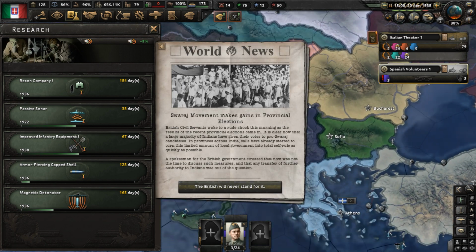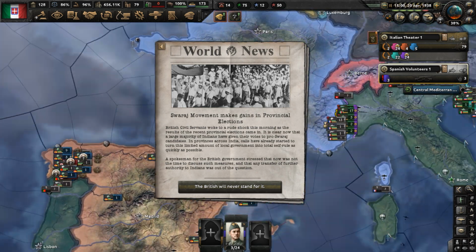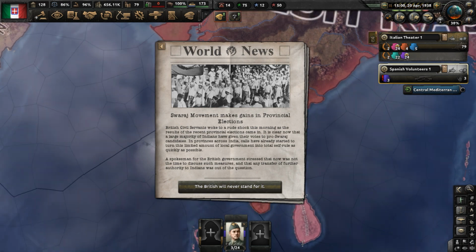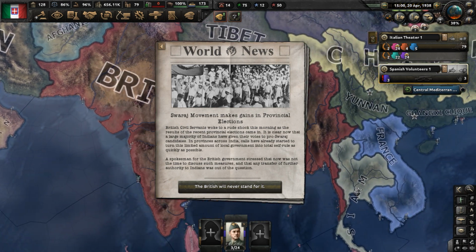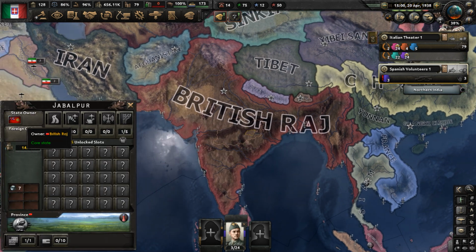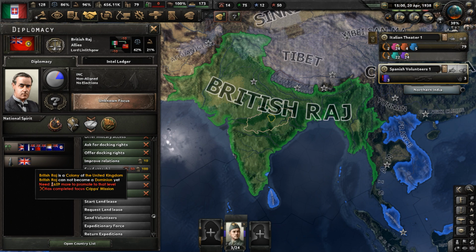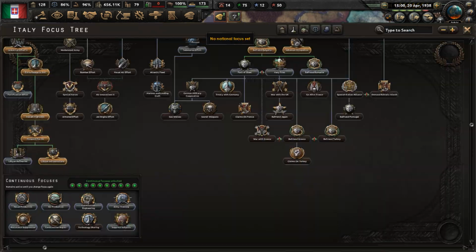Okay, we did befriend Bulgaria. The Swaraj movement makes gains in provincial elections. That's going on in India, I think. India won't self-rule. The British don't like that because obviously the British Raj is a puppet of the United Kingdom. It's a colony of the British, so independent rule for them in India might not be what they want to